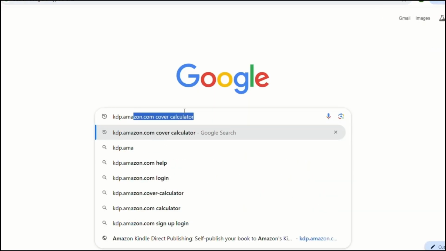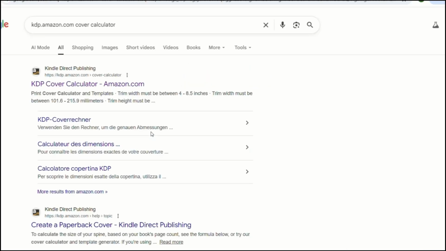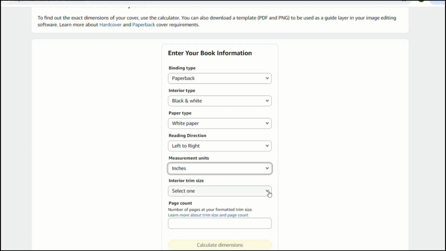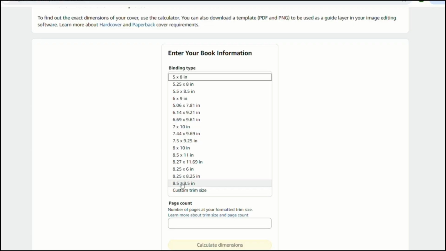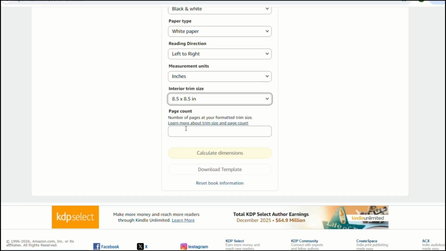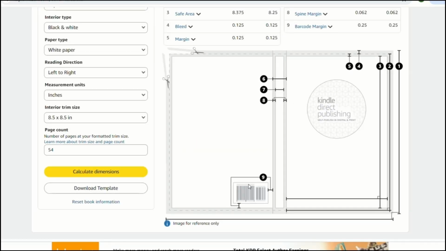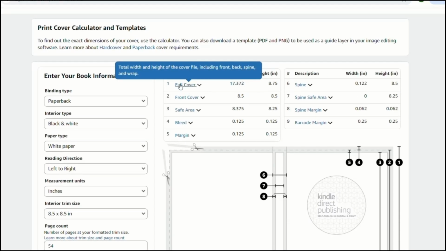Once we have all this information in the form, it will basically help us generate a book cover template which we can use in Canva later. So putting the information, for binding type we are going to choose paperback, black and white, white paper, left to right, measurement units in inches, interior type 8.5 by 8.5, and pages, mention how many coloring book pages were created and add the page numbers, and calculate dimension, note the full cover width and height in inches,